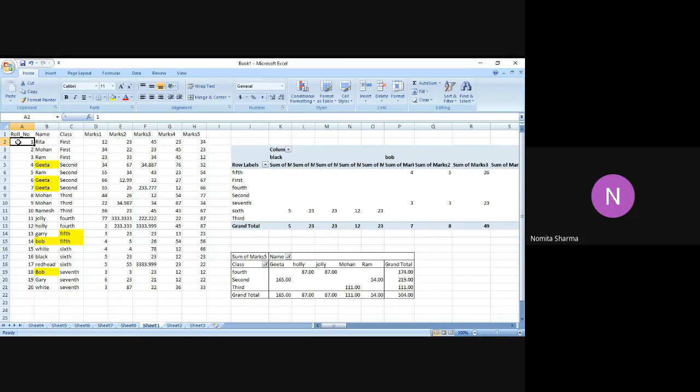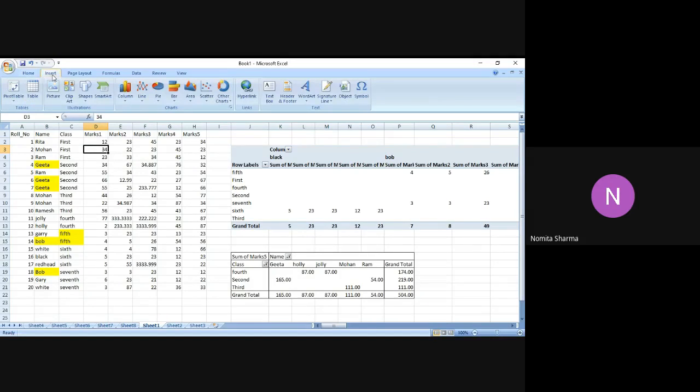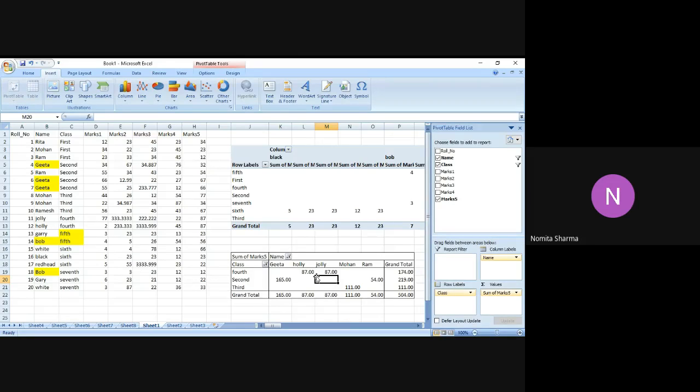And then what we did, if your cursor is automatically in the table that I've made, you go to the insert command. In the insert command, you select the pivot table option. And then you can actually work with the pivot table. That is the first option over here. You select that, a pop-up window will appear, and you can make a choice of the fields that you want to make in the pivot table.